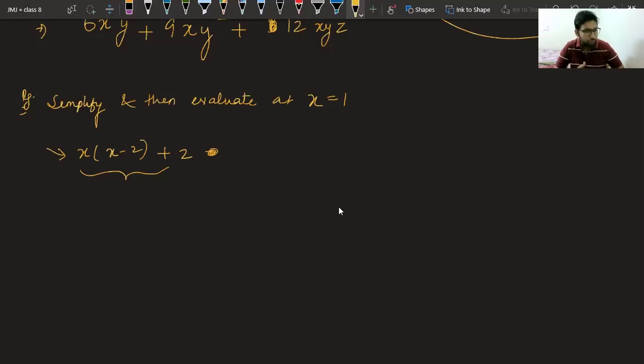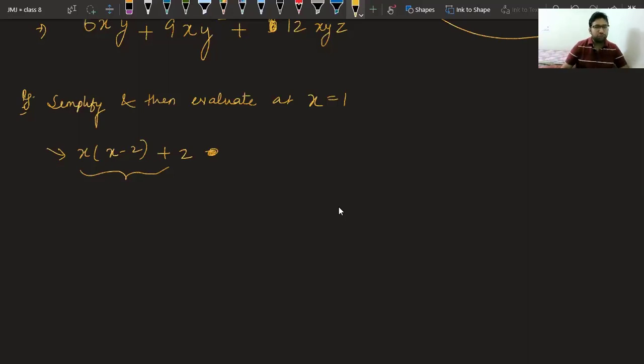The simplified form came from Krishna, x square minus 2x, okay, plus 2 also, Krishna, plus 2 you forgot. Hiteshri gave the correct answer. Vardhan gave the correct answer now. So after simplifying, you have to put the value. Soham, you forgot to multiply x with minus 2. Sir, 1 only came. Okay.